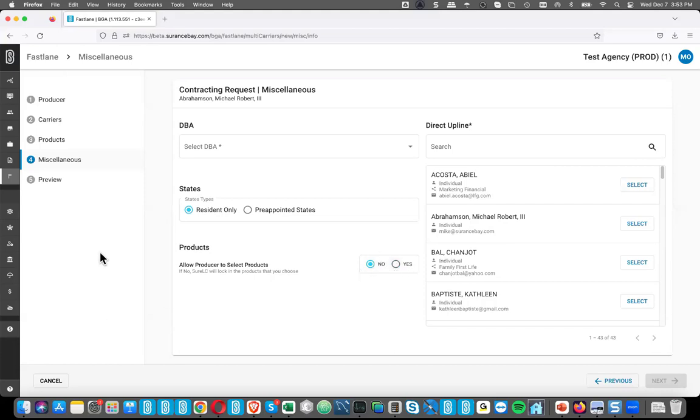Okay, so hopefully that helps. And like I said, we're still putting final touches on this. So this should be ready by Monday, but if not, it'll be soon thereafter. But that's something I know that a lot of agencies have been requesting for a long time, being able to send or at least create multiple requests at once. And this is our first effort to allow you to do that.